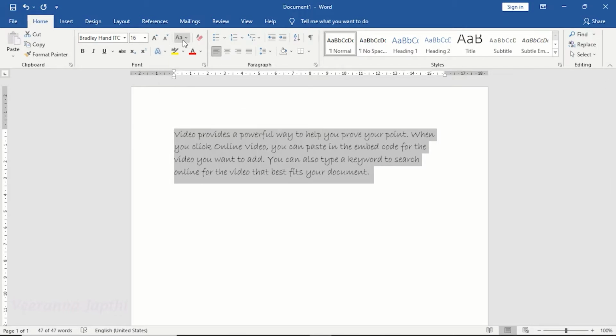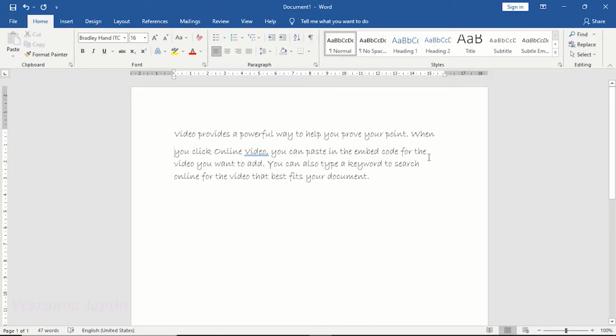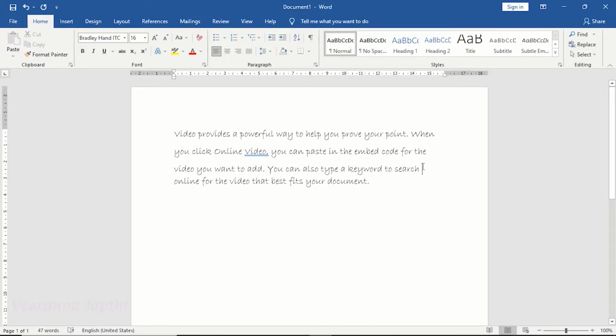Next option, change case. Click on change case tab. In change case, 5 options available. Let us see one by one. To use this option, I'll make the selected text in the document into different sentences. Keep the cursor ending of the line and press enter. Do the same for remaining lines. Here I have 4 lines. Now select 4 lines